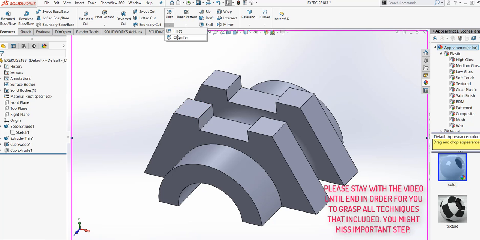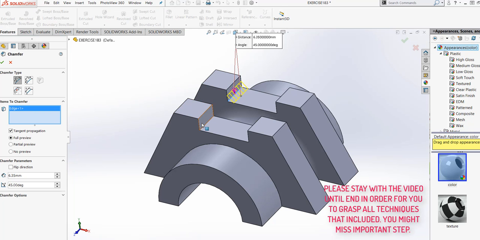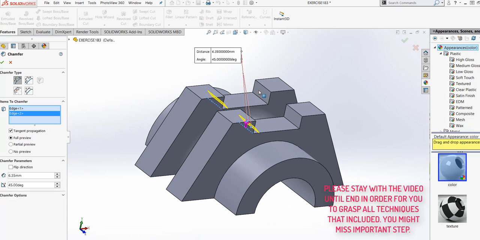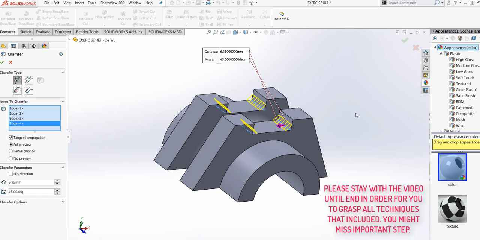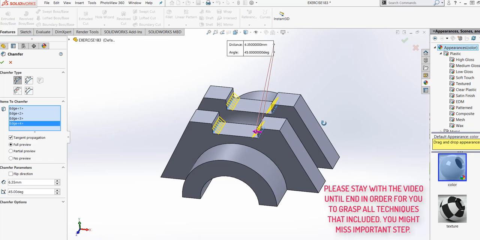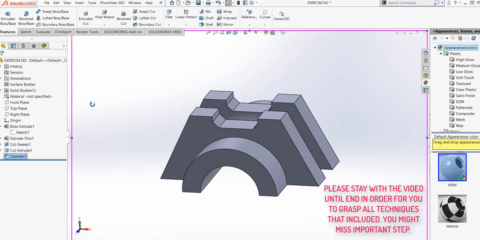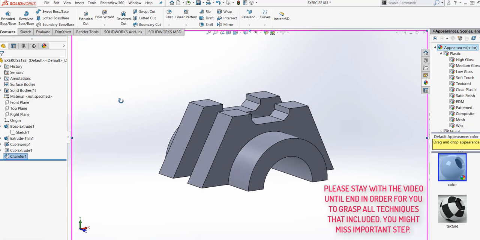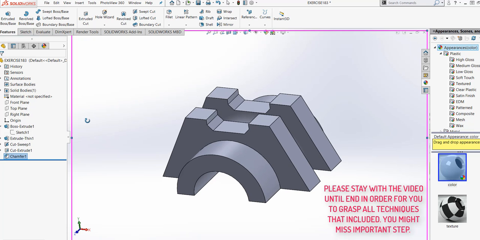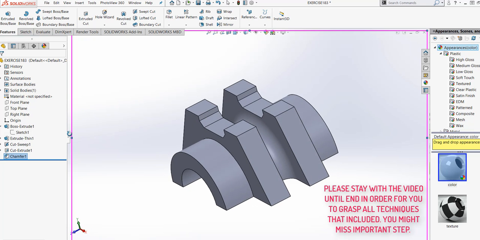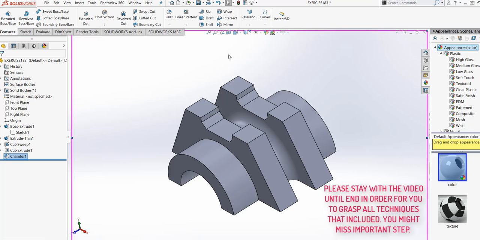And then I want the fillet, and 6.35, that's about 1/4. Let's do it now.